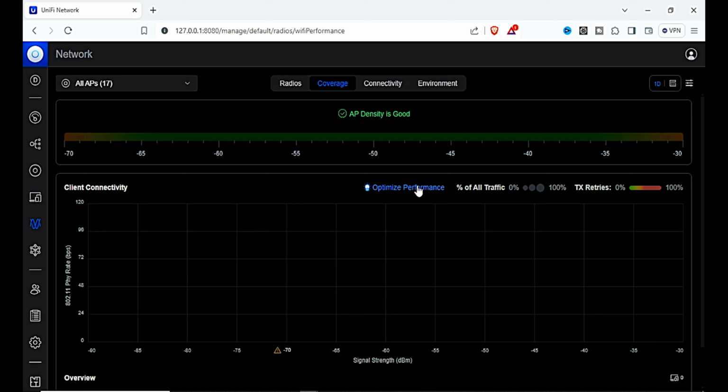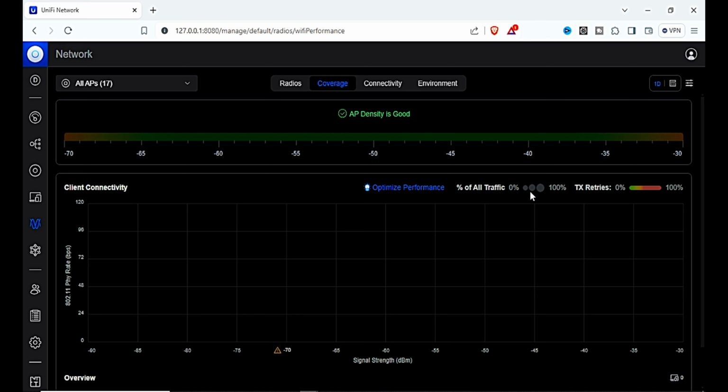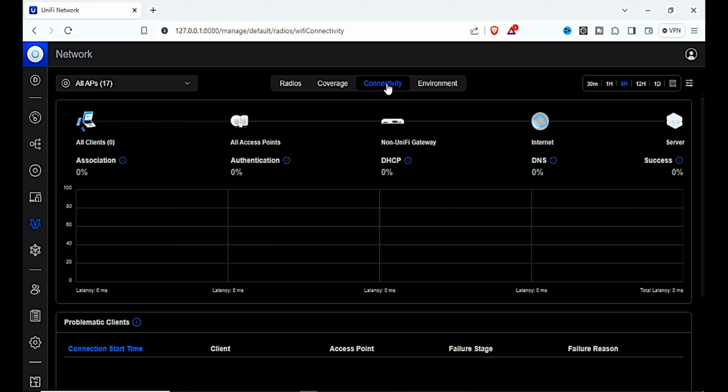And if you need to optimize the performance, you click here. But currently we don't have any access point, so it doesn't make sense in any way. And so you'll be able to see the access point density, whether it is good or bad, up here. If we come to the connectivity,